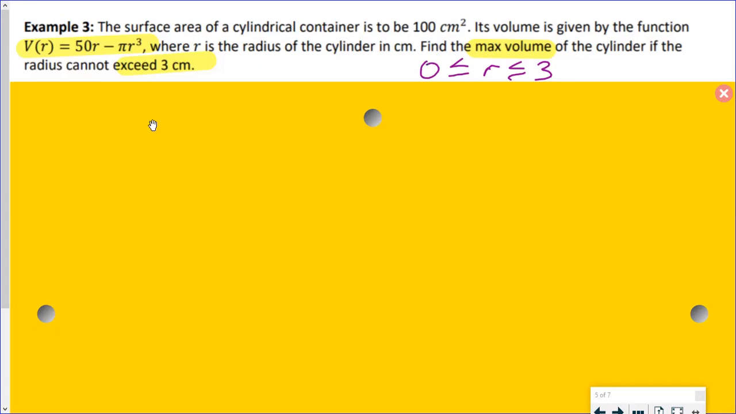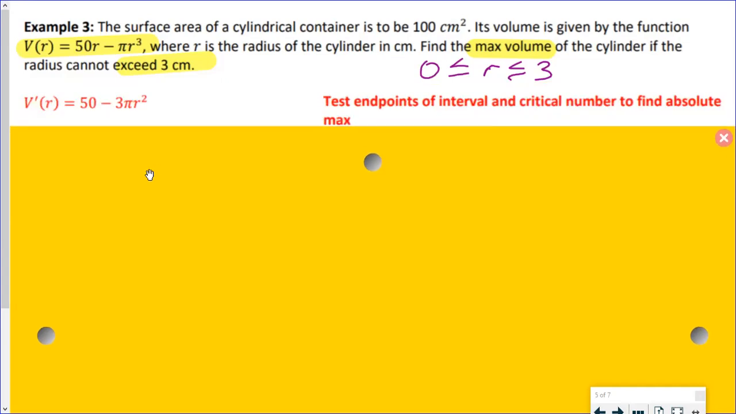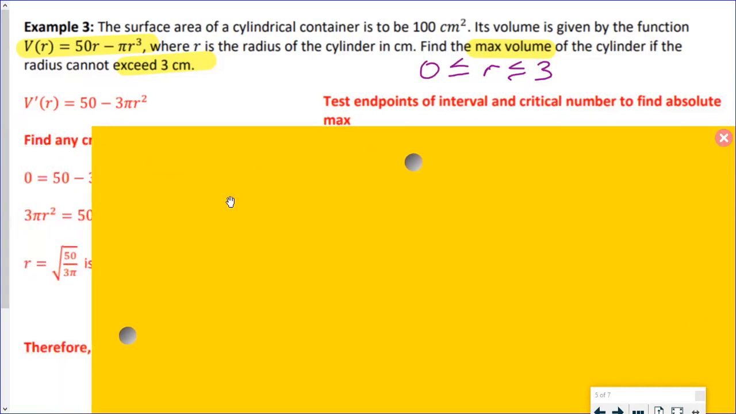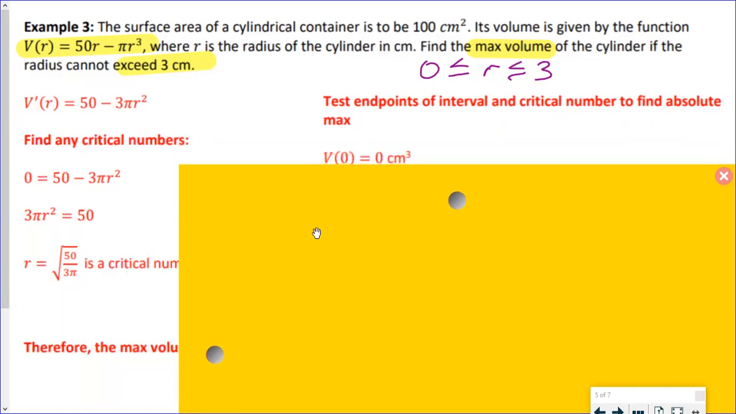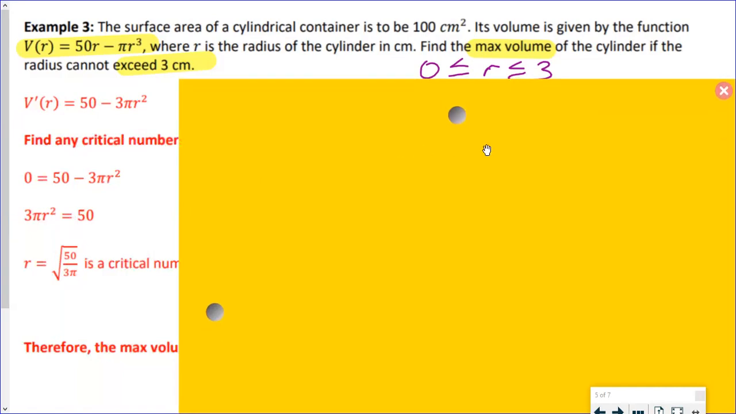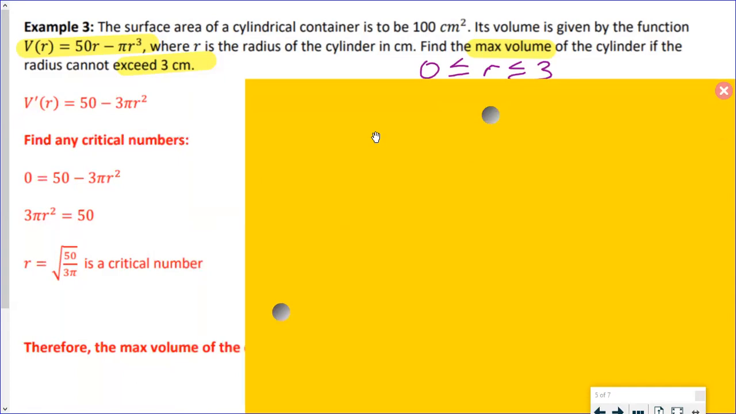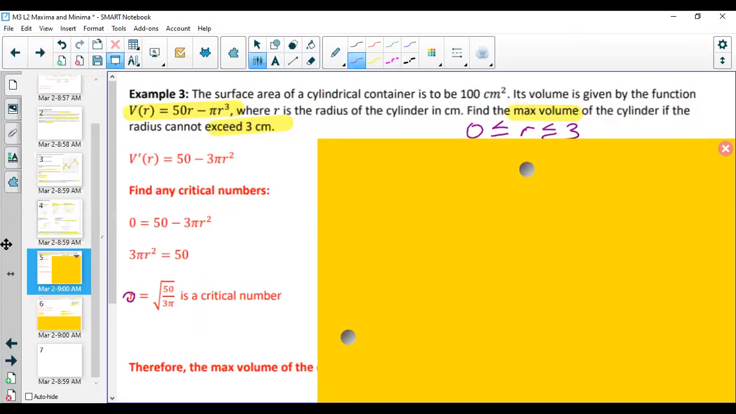So we take our volume equation. The first step always is to find the derivative. But we have to remember that in addition to finding our critical numbers from our derivative equation, we have to test the endpoints of the intervals. So I'm going to find my critical numbers by setting my derivative equal to 0, and I'm solving for R. Notice with real life scenarios, my R,